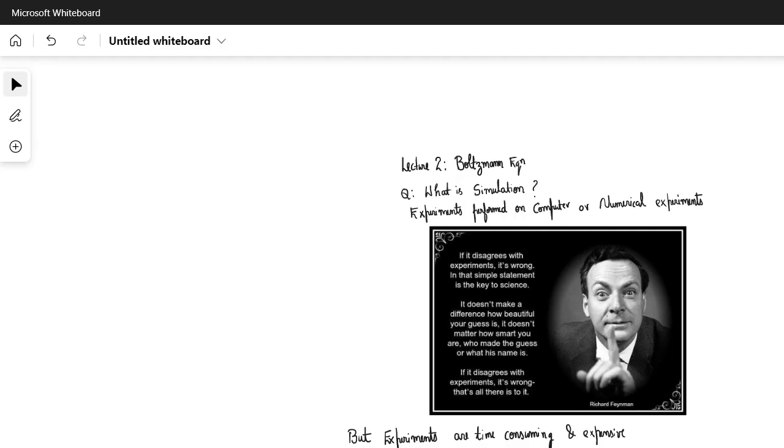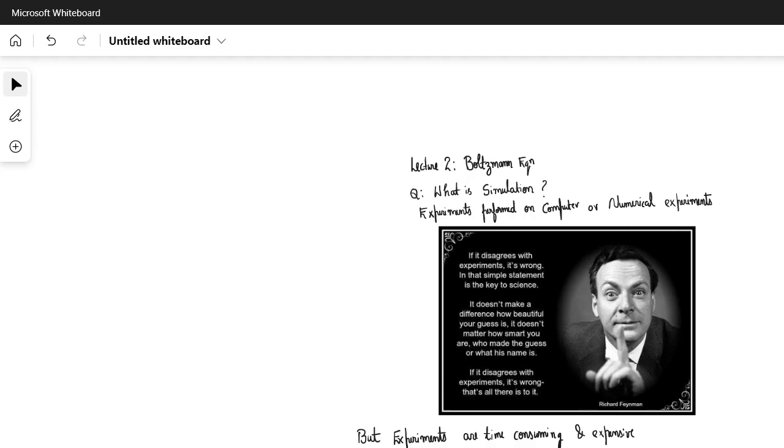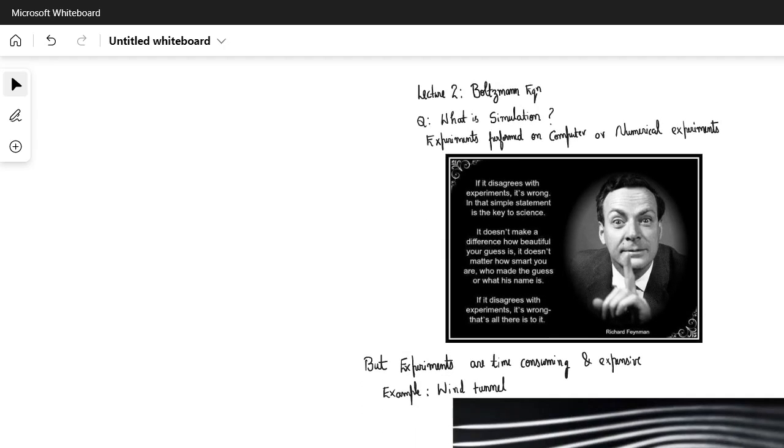That's all there is. So whatever results we get after doing simulation, in the case of fluid dynamics it's the velocity field and pressure field, we are going to validate this with experiments. But performing experiments is time consuming and expensive. The standard experiment which is performed,